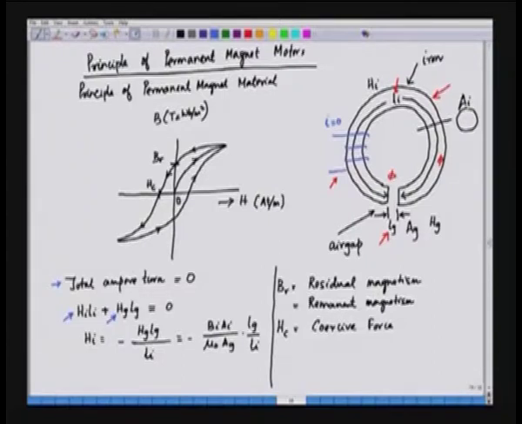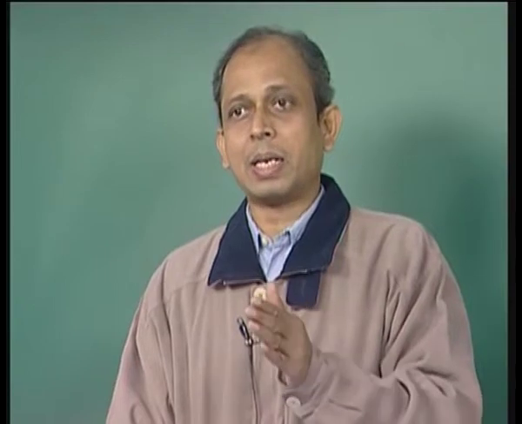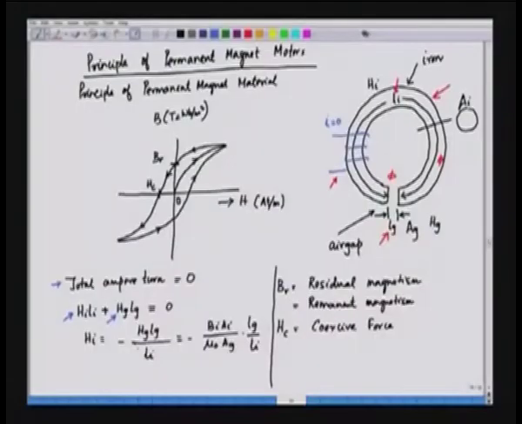Now, if we find out what Hi is, Hi will be equal to minus Hg Lg by Li. So, we are seeing that the magnetic field strengths in the air gap and in the iron are opposite to each other. So, Hi is equal to minus Hg. What we will do right now is replace this Hg by Bi Ai by Ag,